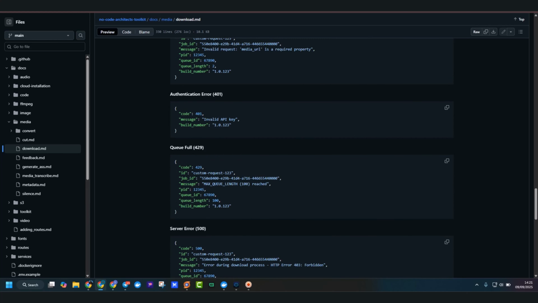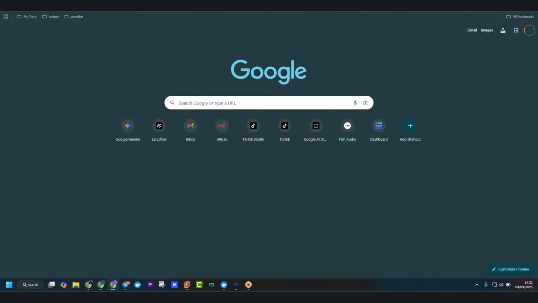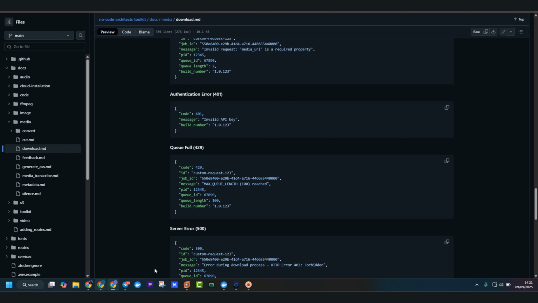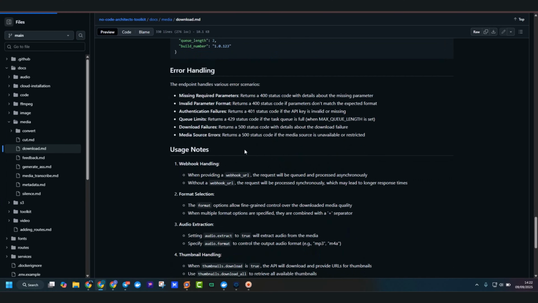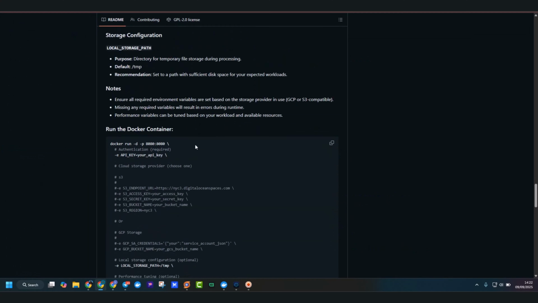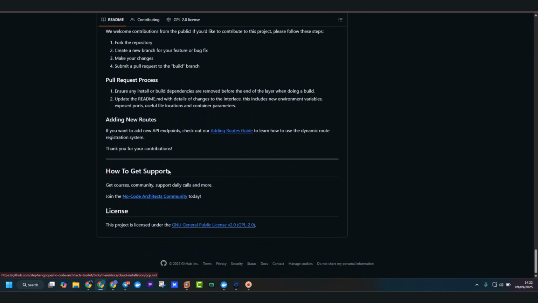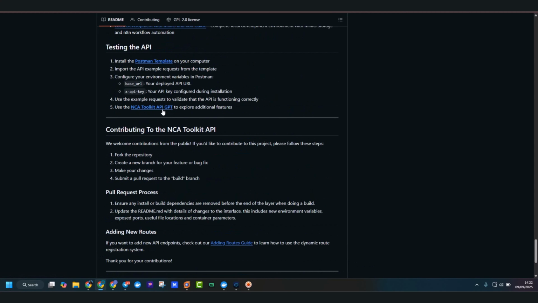So in ChatGPT, we have what we call the NCA Toolkit. If you have any issue with the NCA Toolkit, just go to, I think it's even here on their NCA Toolkit website. If we run into some error, I think they have it back here. Okay, this is it, the NCA Toolkit GPT. Okay, so the NCA Toolkit GPT is right here. You can go to it,